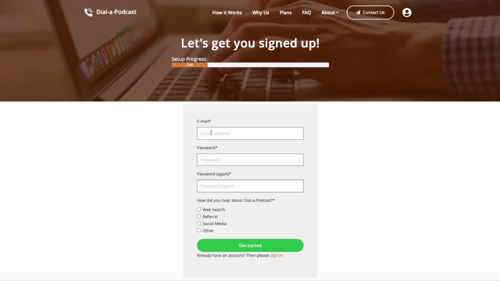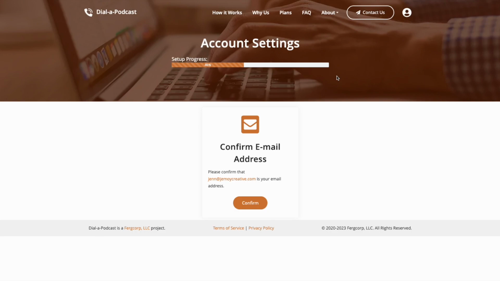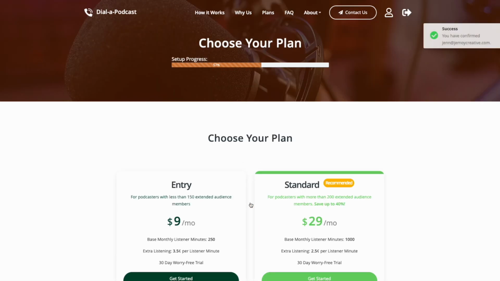We're going to click on get your number and then put in our email address and choose a password. Enter in the password again and answer the question, and then we'll say get started. This is going to send an email to the account that you entered where you will need to verify your email address. And this is the screen you're going to see once you click that link in the email. I'm going to go ahead and click confirm that this is my email address,